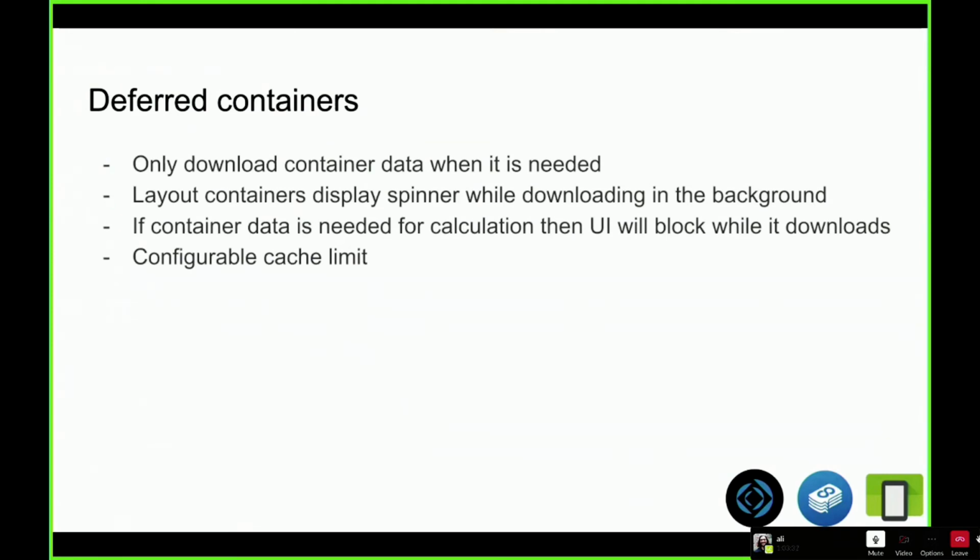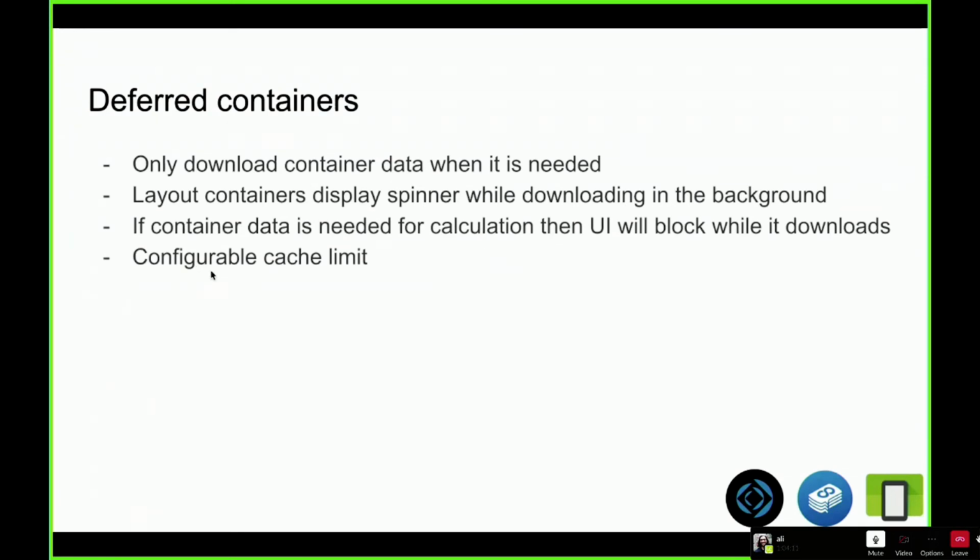When there's a container on a layout where the data hasn't yet been downloaded, it displays a spinner while downloading in the background, so you can continue to interact with the app. If container data is needed for calculations, then the UI has to block while it downloads. So in particular, if you refer to containers in hide conditions and things, then it needs to resolve that container before it can calculate the hide condition.